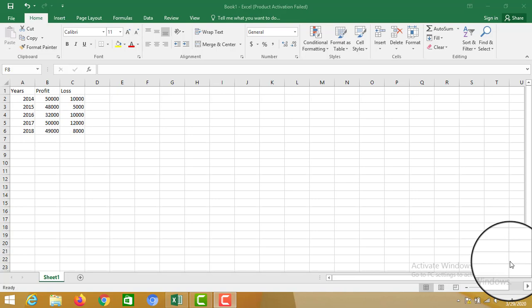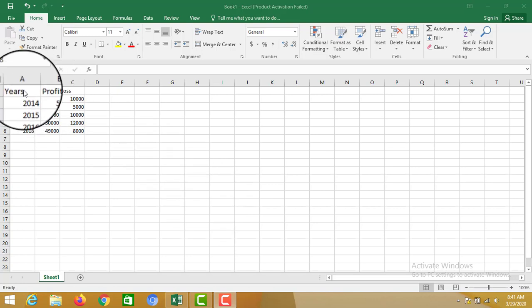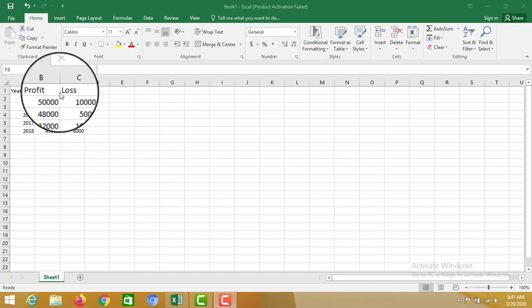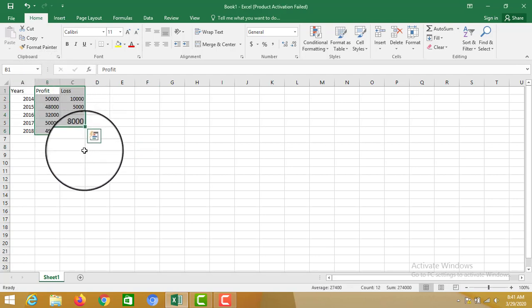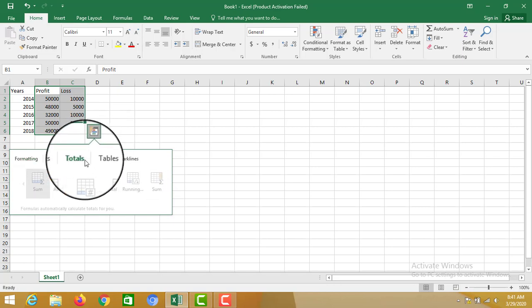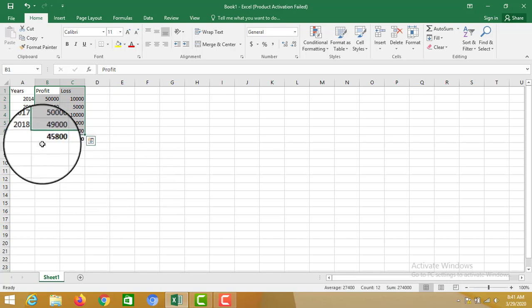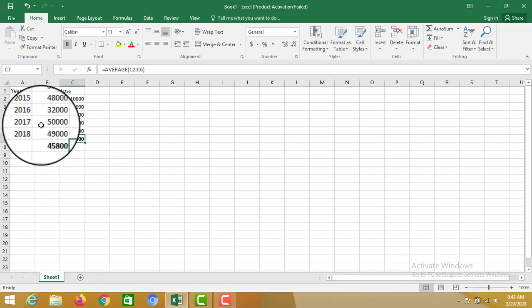So now let's come to the trick which I'm going to tell you today. Here I have some years and the profit and loss of those years. Now I want to calculate the average of the profit and the loss of all of those 5 years. So what I will do, I will select these two columns like this. Here you can see an icon, press it and go to the totals, and here you can see the average. Now by pressing it, here you have the average score of the profit and the loss of